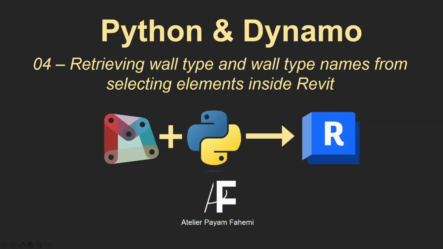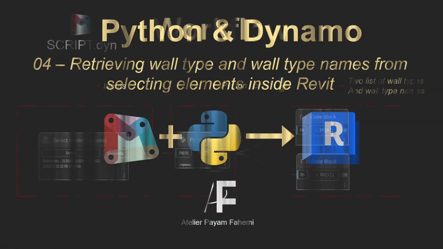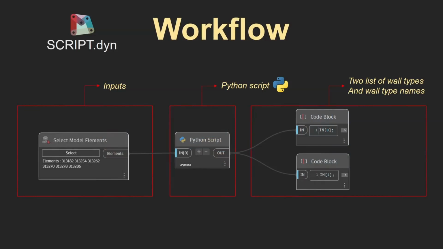In today's video I'm going to show you how to retrieve wall type and names from selecting elements inside Revit. Let's take a look at the workflow. It is a simple Dynamo script where I'm going to collect my inputs from the node select model elements, and we're going to write a short Python script, and eventually we're going to have two lists of our wall types